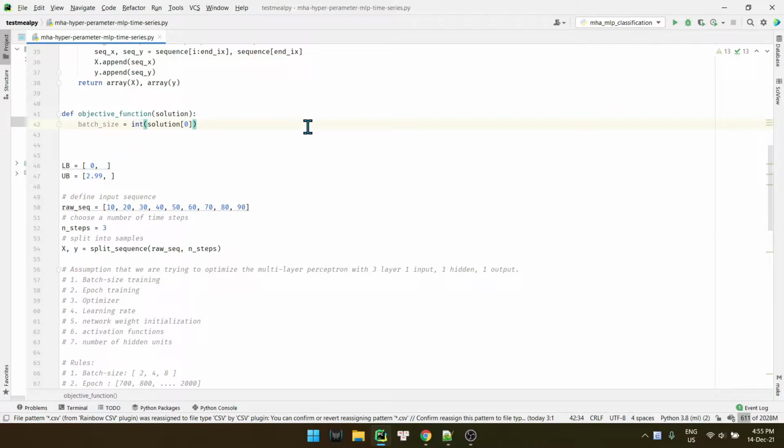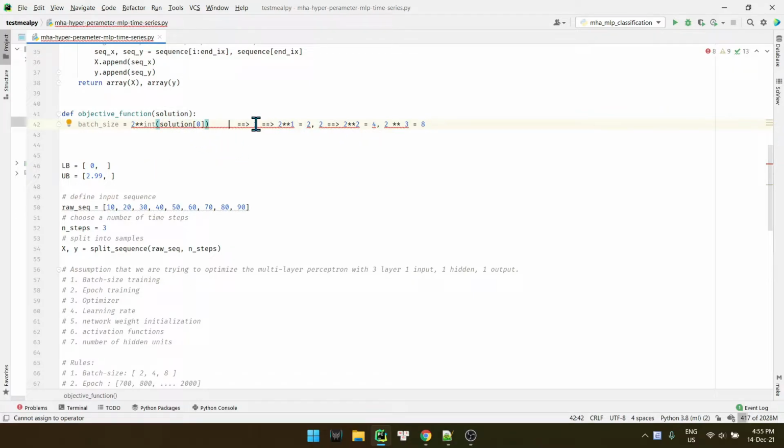So if this solution value returned is 0, we have 2 exponential 1, so it should be 2, and if it returns 2, it will return 2 exponential 2 equal to 4, and 2 exponential 3 equal to 8, right?